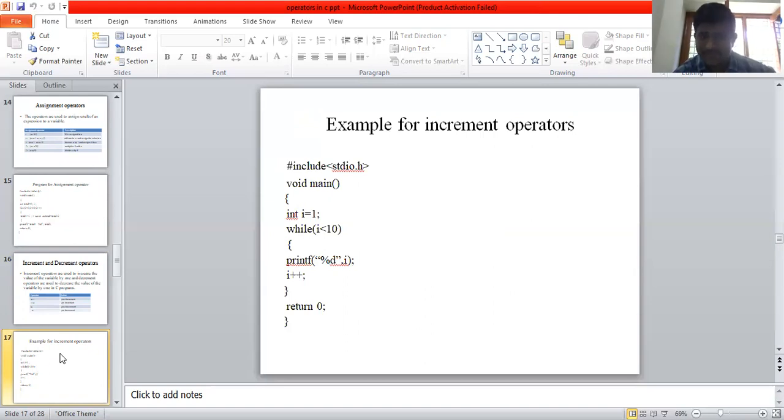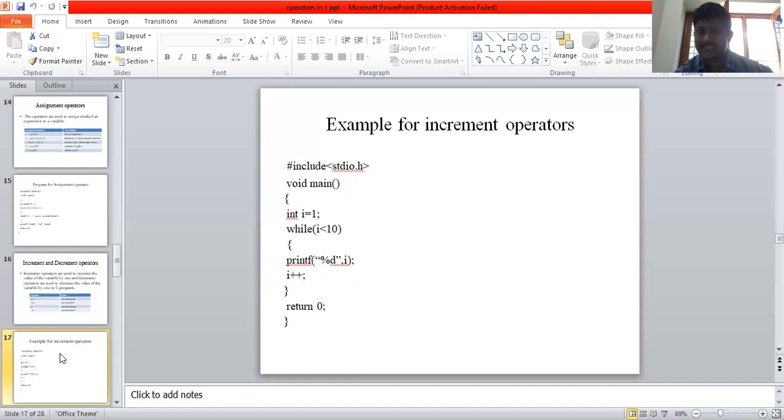So here printf, I value is 1. 1 less than 10, condition is true, so execute the block of statements. Output: printf percentile d, where percentile d is the access specifier of integer. I value is 1, displays 1. Output is 1. Next I plus plus, 1 value incremented.